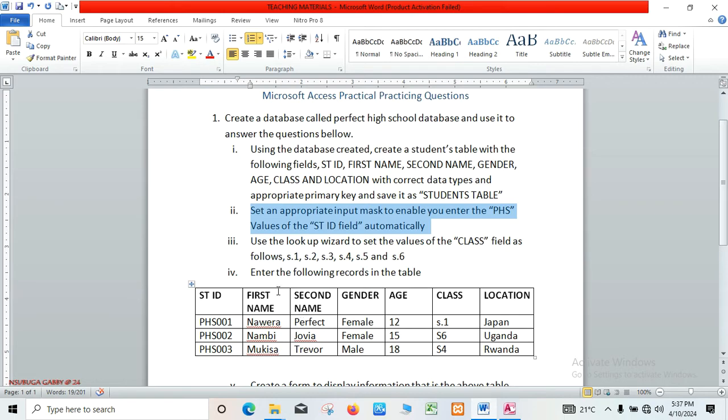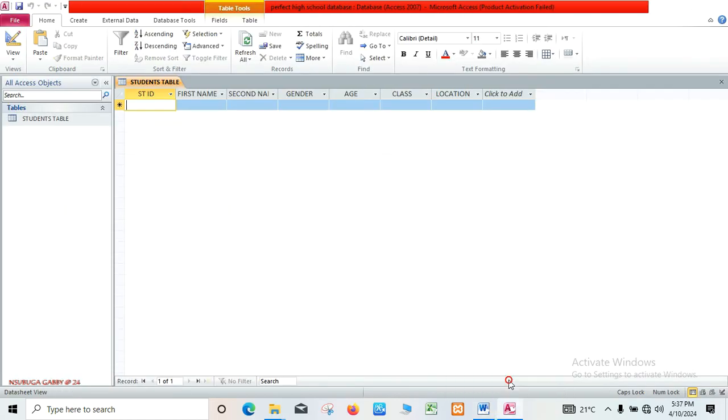I've already designed everything, and now I'm going to this question, and so the table is down here, and we are going to enter it inside the table. So I'm going to come here, and then I type that work that is inside there. So it is P. That one is going to come automatically because we've set it as the input mask, and then we shall add 001, and then